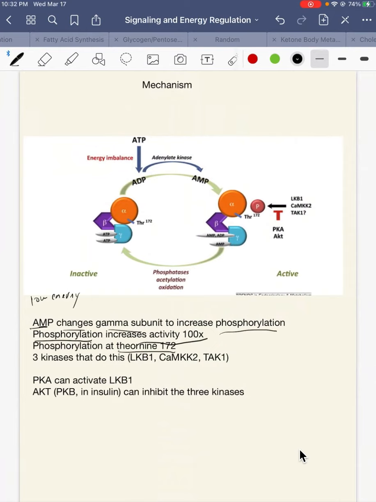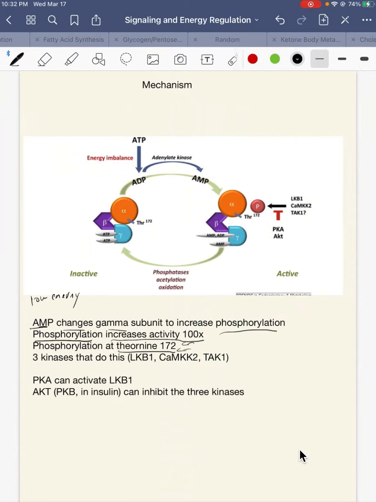By the way, this information, what residue it's phosphorylated on, you'll never be tested on it, but if you have an extended response, a lot of the time the extended response is going to be graded on how much you know. If you were asked this question and you're able to tell them, oh, it was phosphorylated at threonine 172, it will show more understanding. So the grader will be more lenient when they're grading these, because you show that you studied and you know your material to the exact point. Okay,